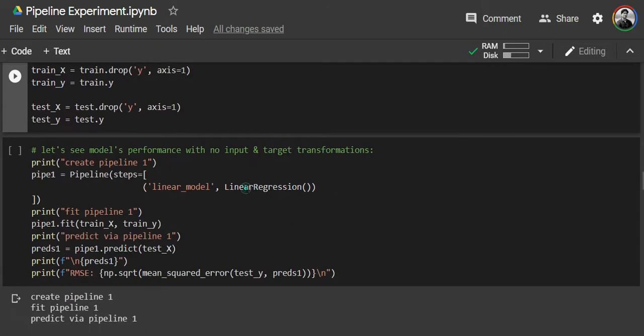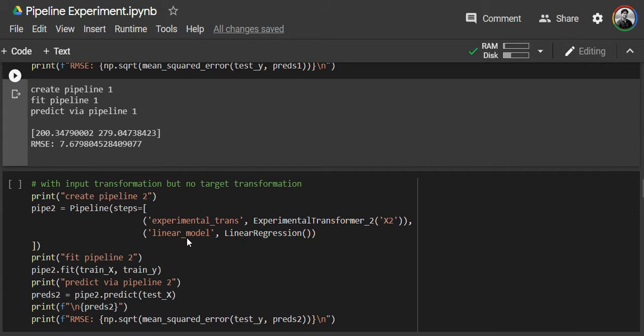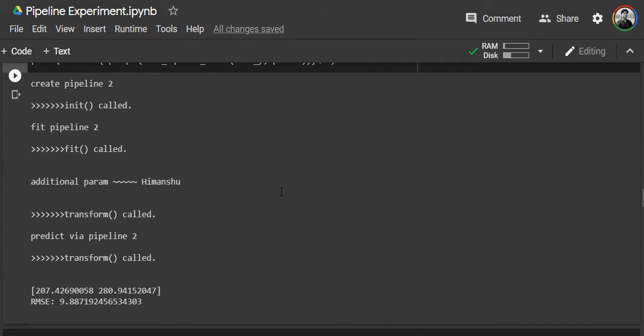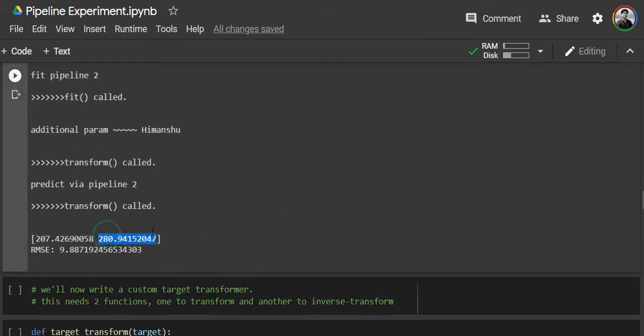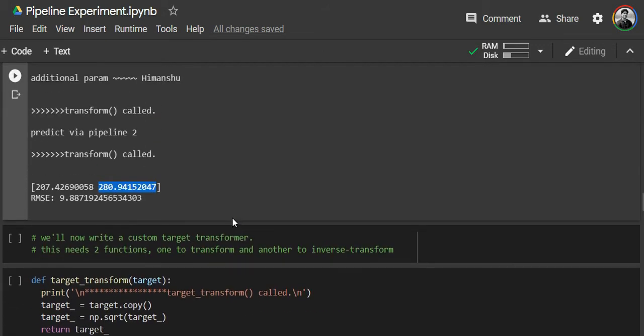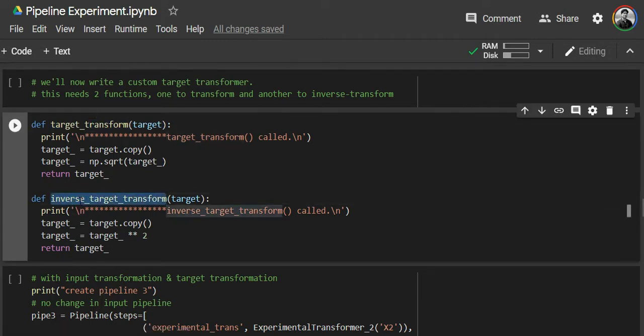Now if I try to fit a simple linear regression on this, once again this will fail, because this is not a simple linear model anymore. If I try to do the transformation on the input features, it won't be able to predict 14 and 17 because it's not a linear model anymore. So what we'll need to do is transform this y now. There are multiple ways to do this. Scikit-learn gives you two ways how you can transform the target, by using functions or creating a transformer of your own. So let's see the function way, which is a sort of a simpler way, first.